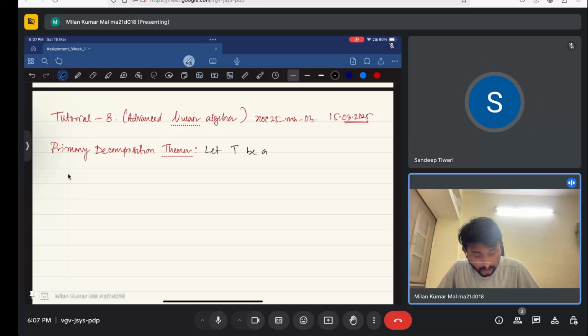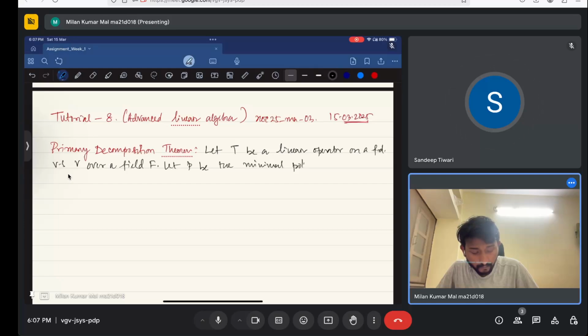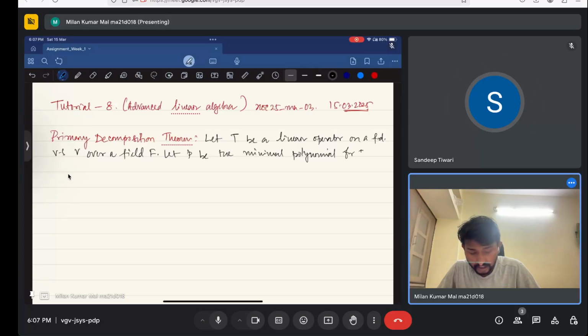Let T be a linear operator on a finite dimensional vector space V over a field F, and let P be the minimal polynomial for T, and P(x) is equal to P1^r1 all the way to Pk^rk, where